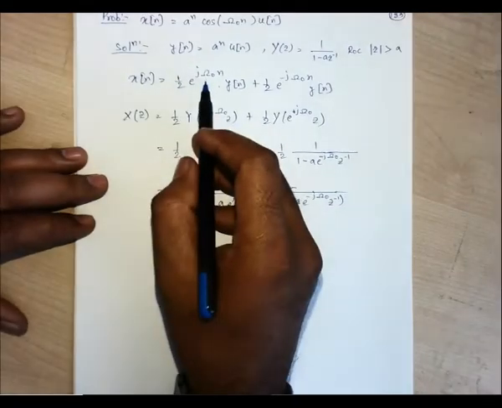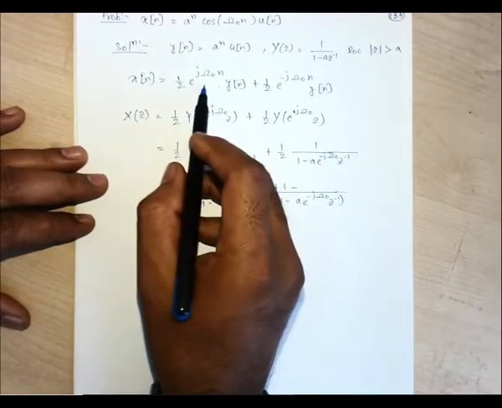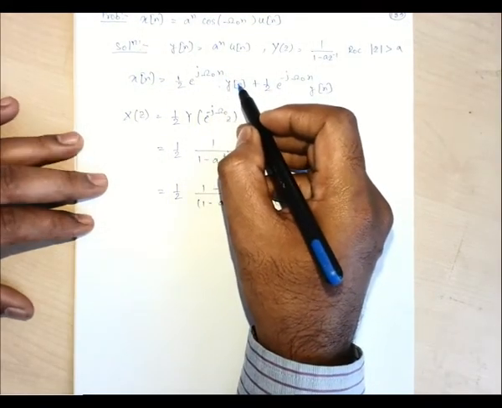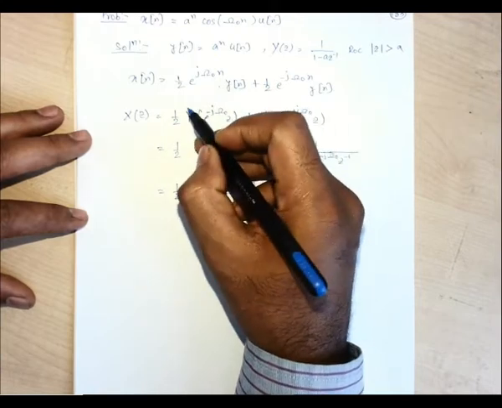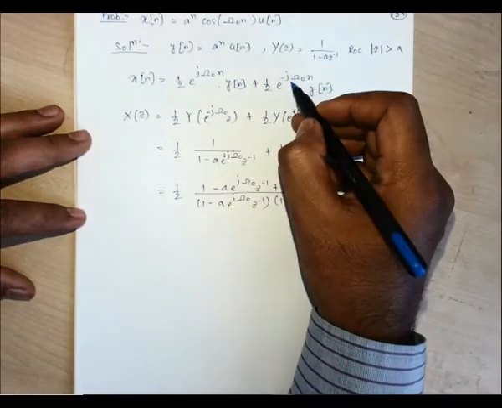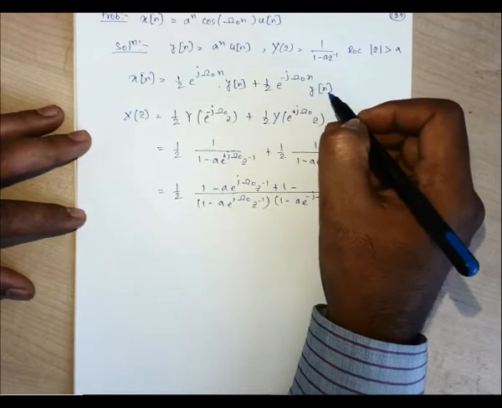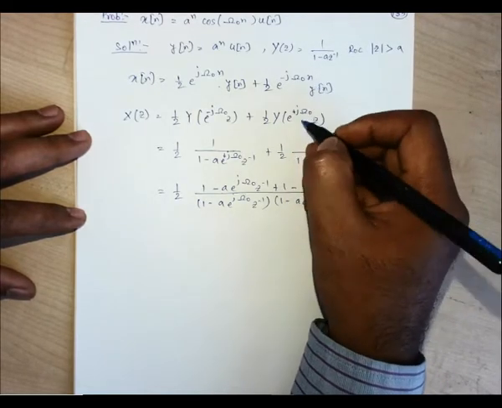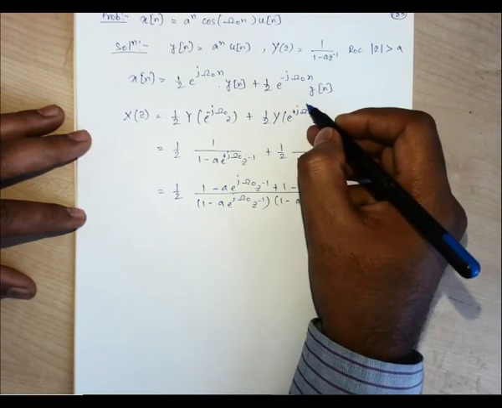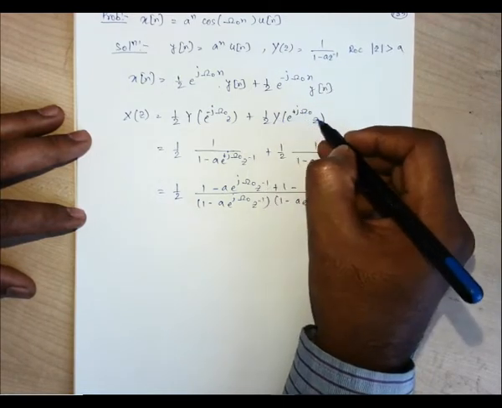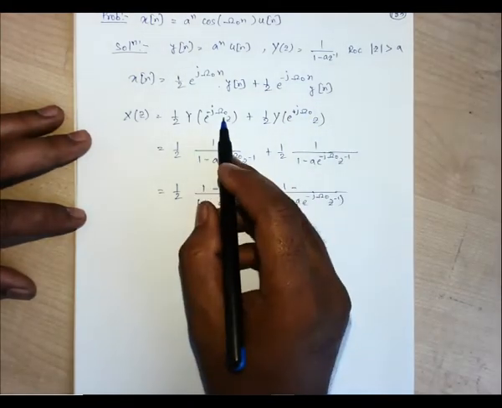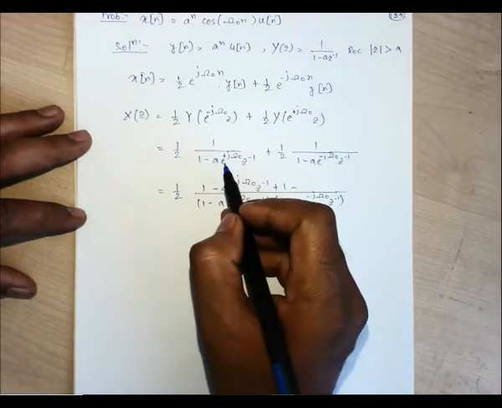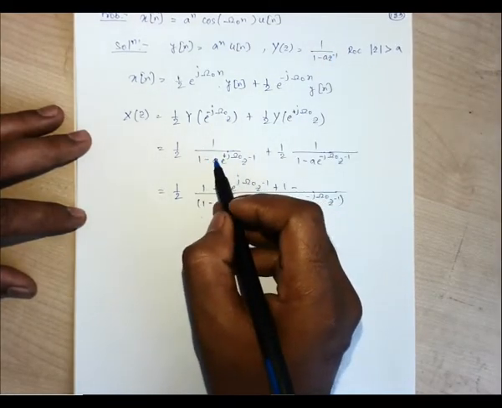Now, this one is here plus and minus, so it is a to the power n into y of n, so that one will become y of z by a. This is a to the power minus n into y of n, then that one will become minus n means 1 by a. So 1 by a will become a for this case, so y is equal to y of z into a. So it is the same as whatever we have written here, right? So that one will become a into z inverse.